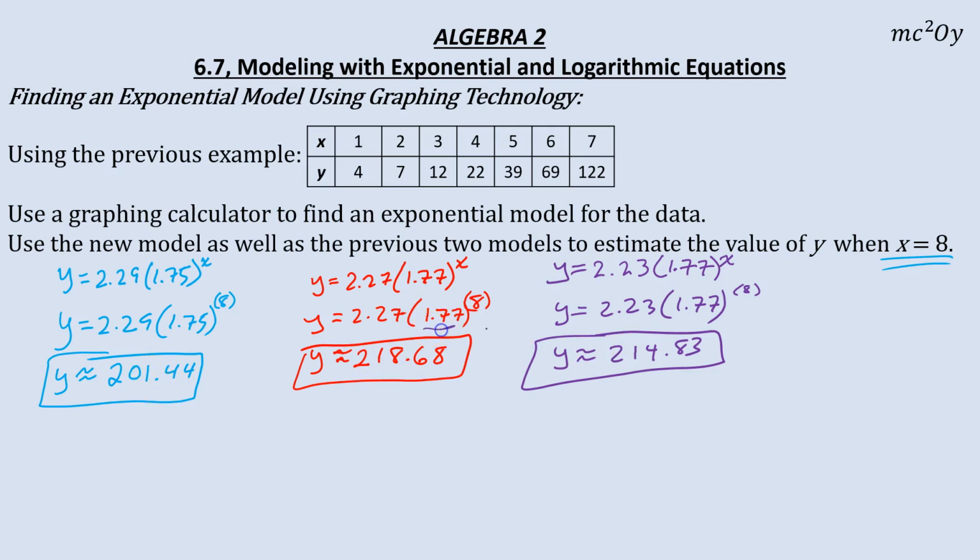Notice our b term in the last two were very similar. Okay, the a was off just a little. And that's because when you use that natural log model, you get a closer value. When you use the exponential regression, which is what you're doing here on your calculator,